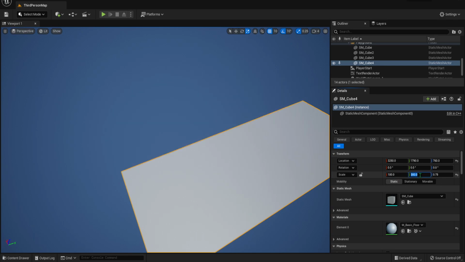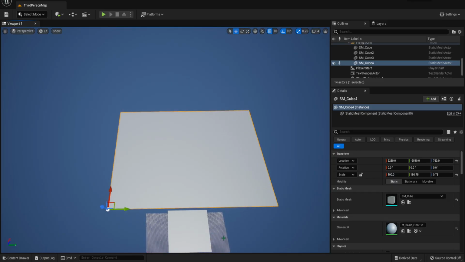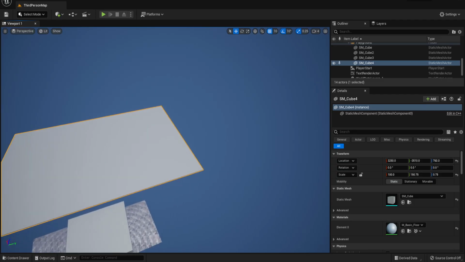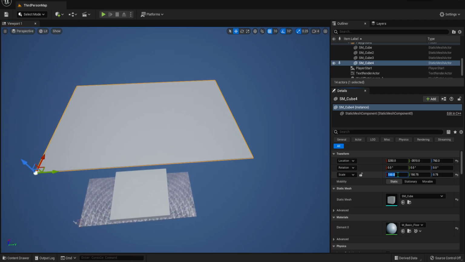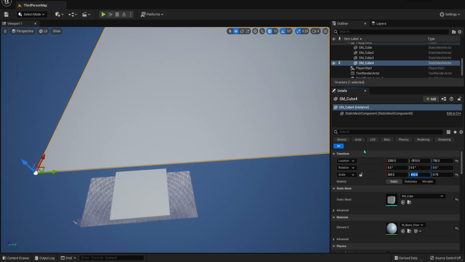I'll just bring it down. I'm thinking I want like a building. Actually, let's make it way bigger, because I want more interactive things inside. There you go.